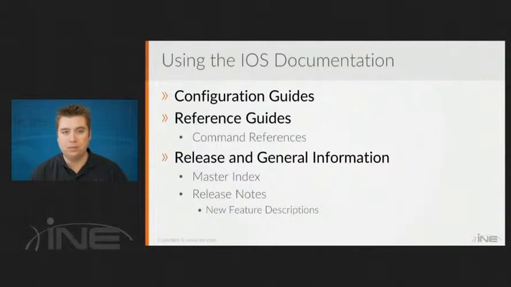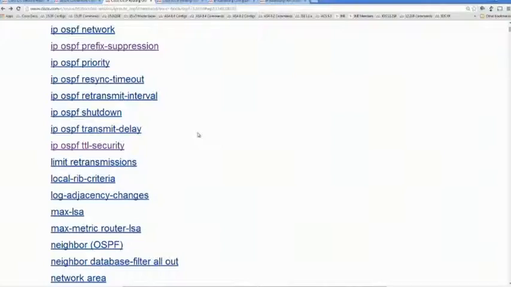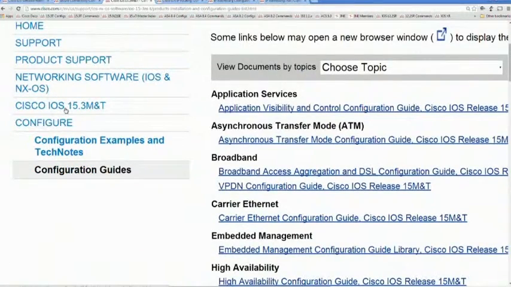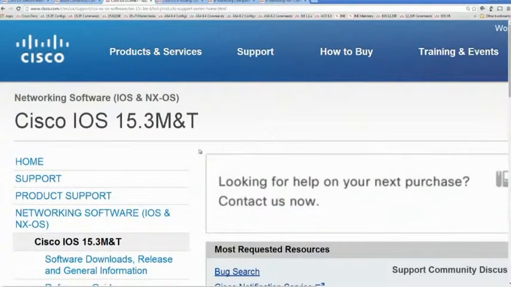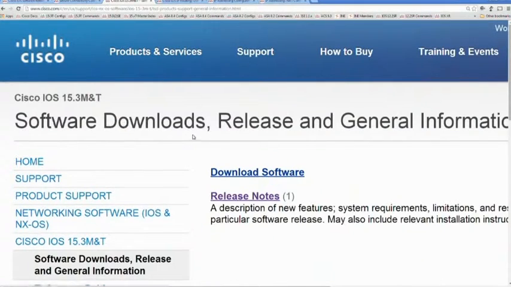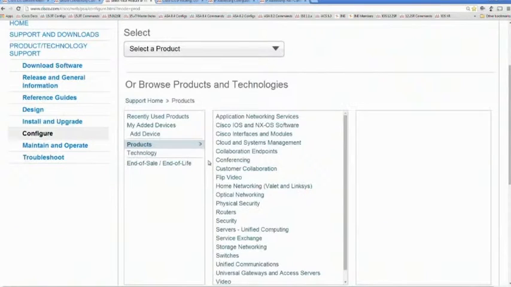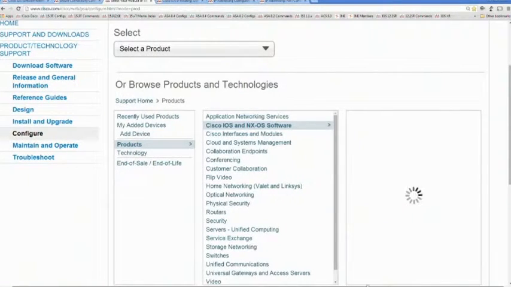Okay, the master index is basically an alphabetical list of all of the possible commands. So what you can do with this is, from the main documentation page, once we get to the release, we would go to the release and general information. No, there's not a master index here. Let's see. There's a master index in, I think I either need to go up a release or down a release, because it's not the same for each of these. Let's try